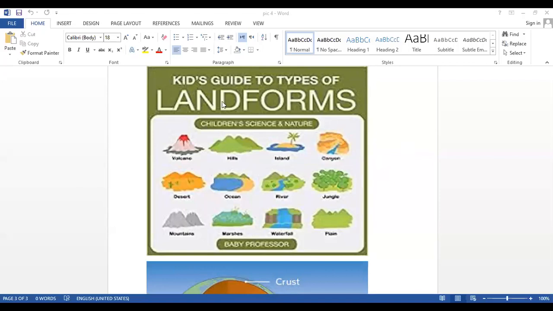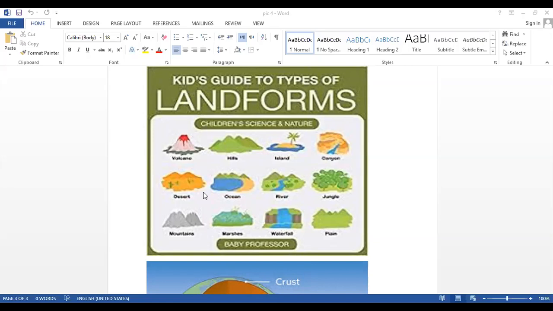Number one, or the first picture here, is the picture of landforms. You remember we took this term in lesson one. What is the meaning of landforms? Landforms, guys, means physical features. So I told you last time that physical features and landforms have the same meaning. Okay? Landforms or physical features are those things which are created naturally on Earth, or which you could find naturally on